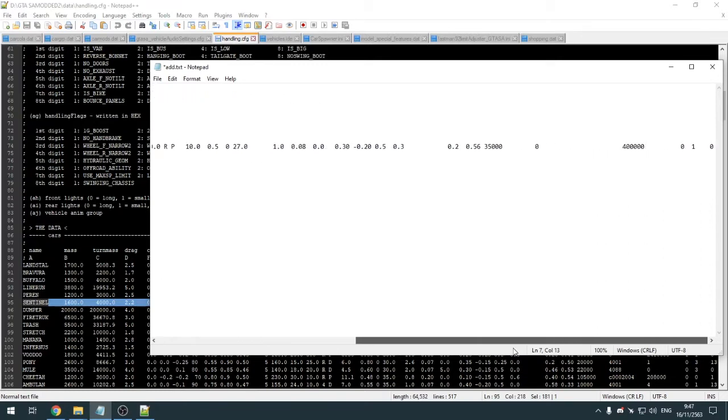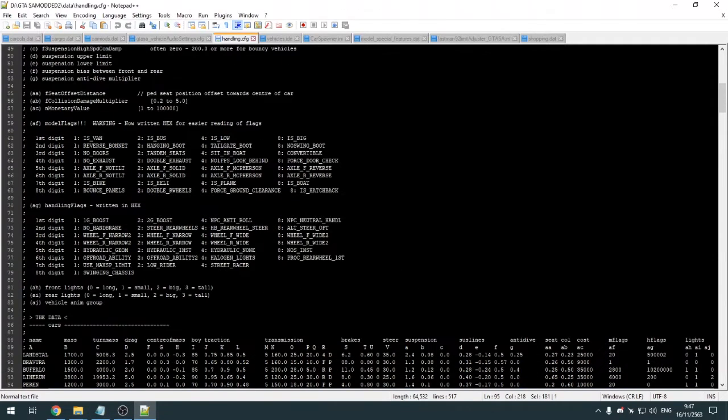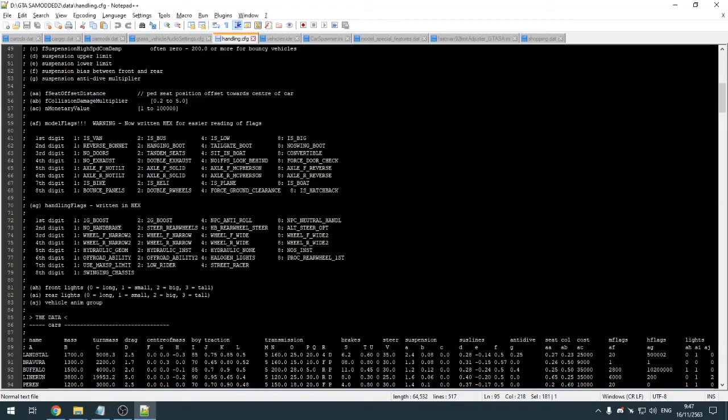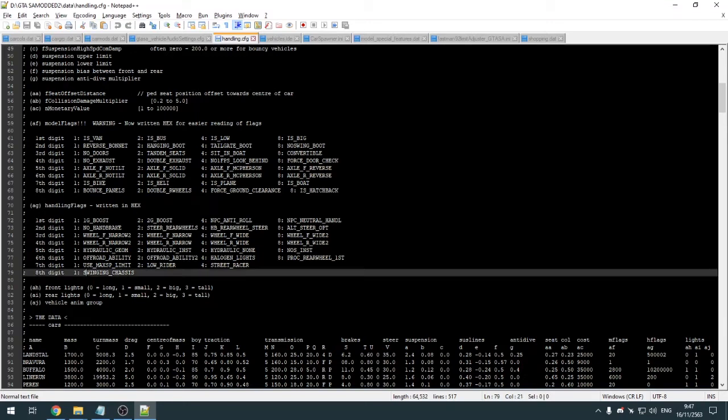And it should do in theory, but the handling flags are important, because sometimes you have door exhaust, you have hydraulics and stuff, you have to change the flag. So anyways, right now this Sentinel on AG flags, handling flag, it says 1 2 3 4 5 6. I think this is 6 legit, I think. I'm not exactly sure though. It could be,